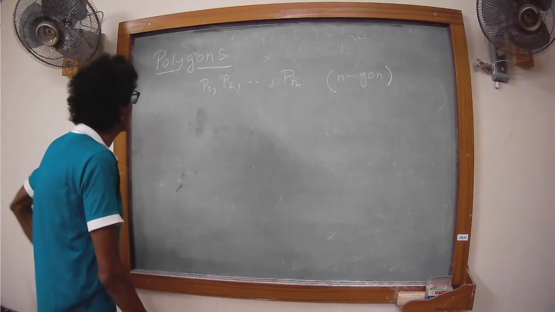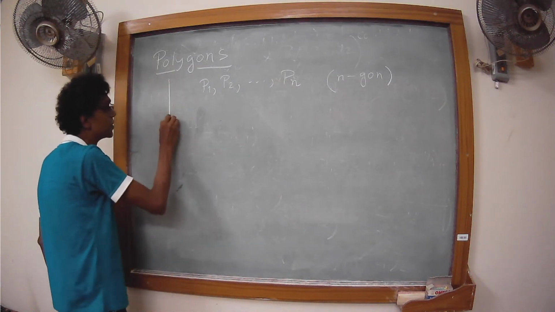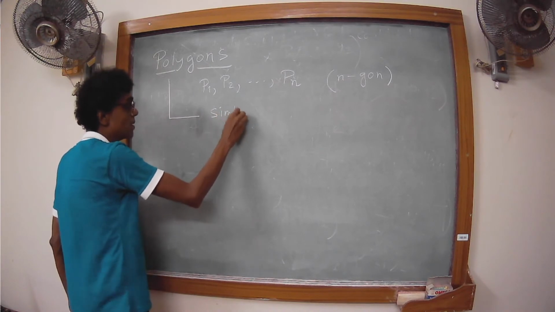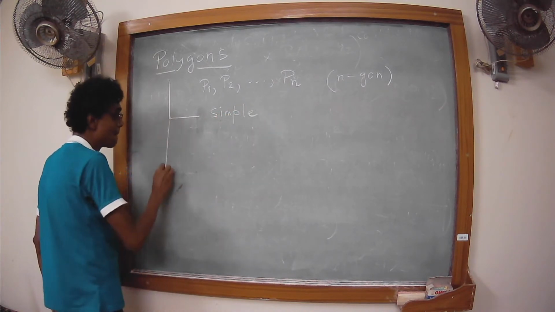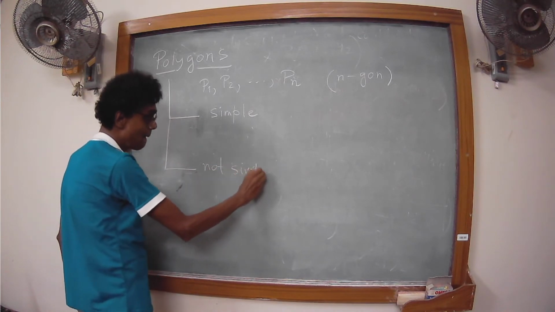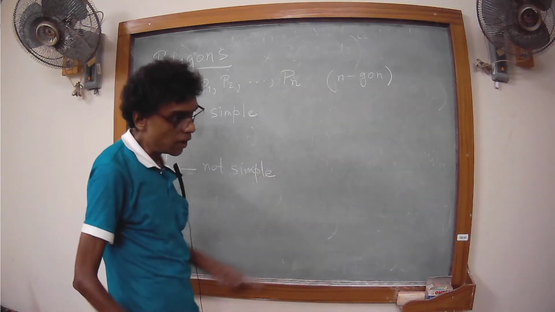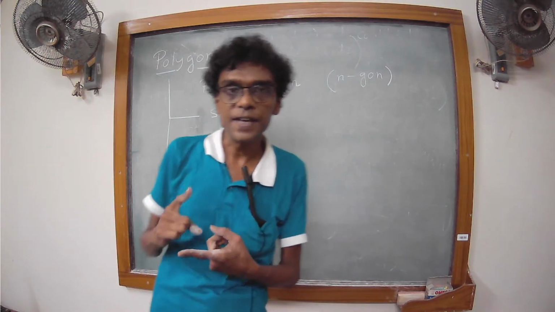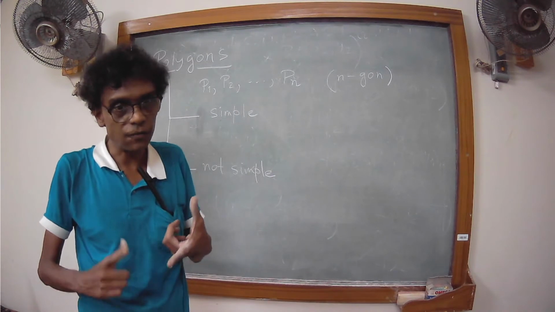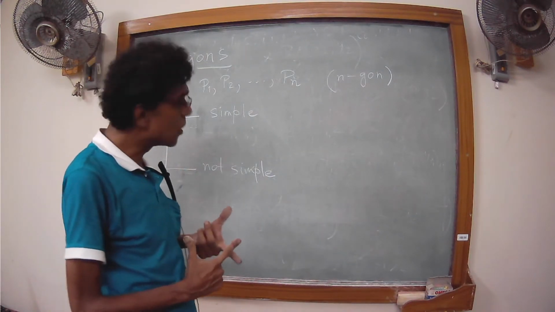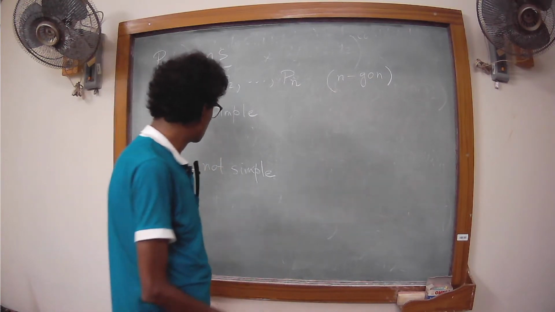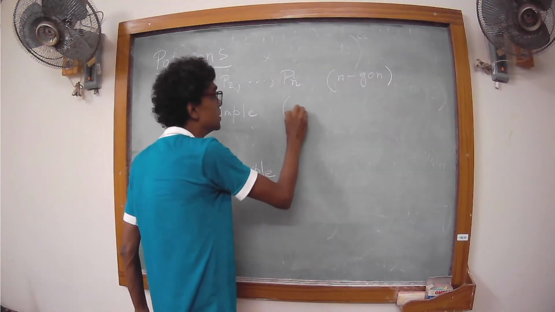Now, there are polygons of different types. First, simple, not simple. A polygon is called simple if its edges, which are actually line segments, not full lines, do not intersect except perhaps at the end point. Okay. So, the edges